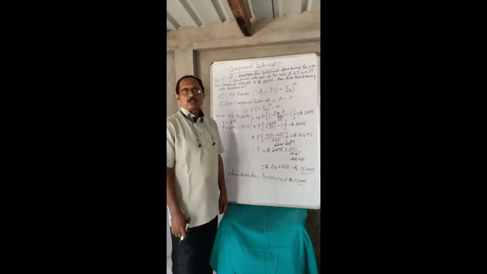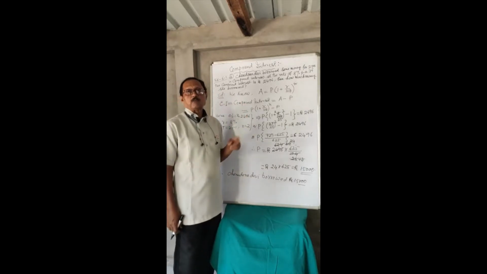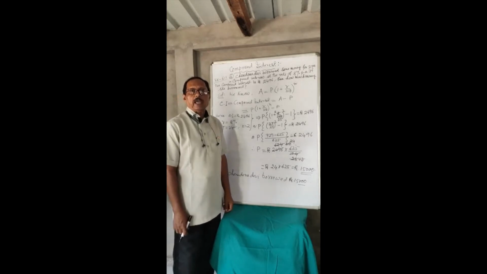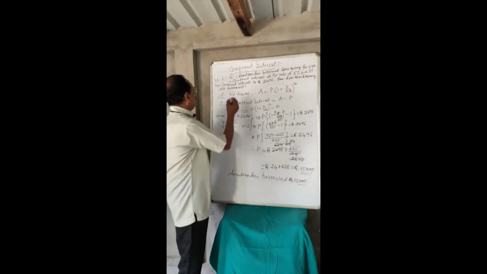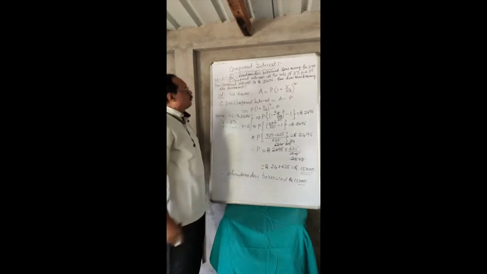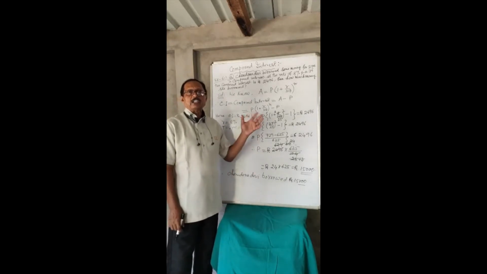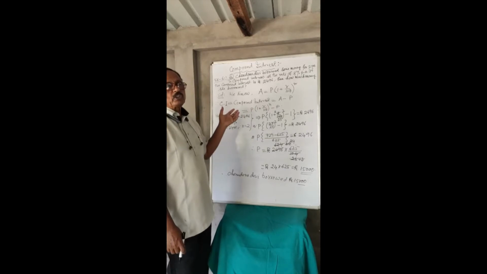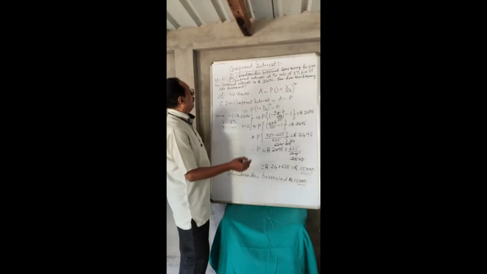Dear students, we have completed question number 4, and you will see questions 1, 2, 3, 4 and 5 are similar types of problems where it is required to find the amount. Now we come to question number 6, where it is asking to find the principal. That means how much money has been invested for a certain time at a given rate of interest, and some compound interest has been incurred. We have to find the total money borrowed.